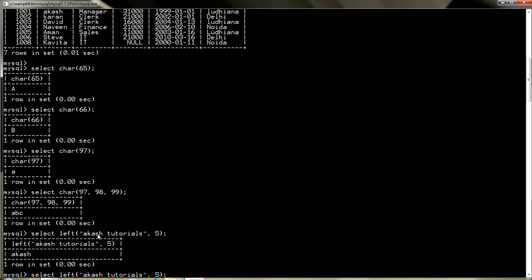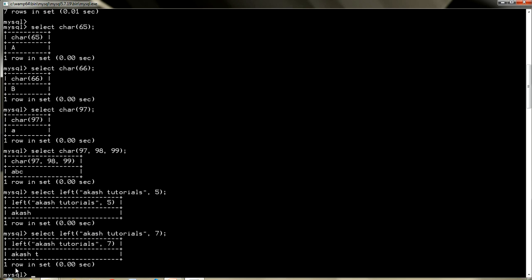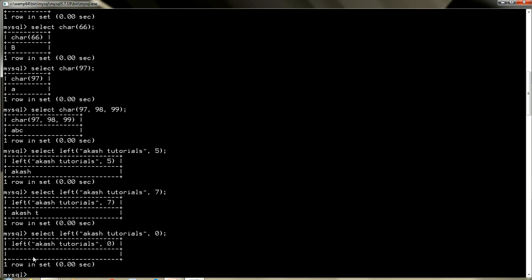If you want to extract 7 characters, now see, A, K, A, S, H, space, yes, space is also considered a character, and then T. So you can extract as many characters as you want. If you write down 0, it will give you an empty string.